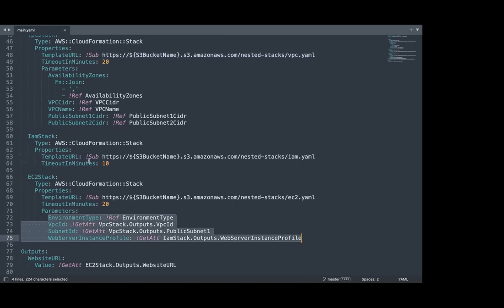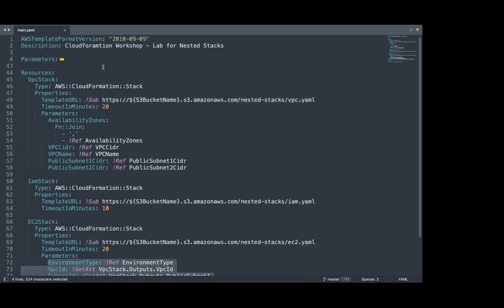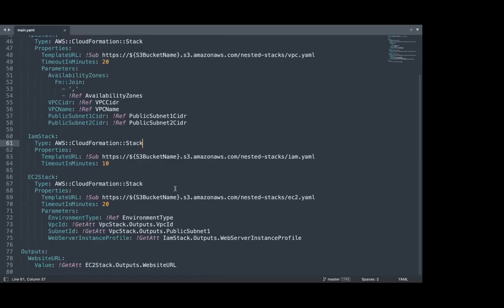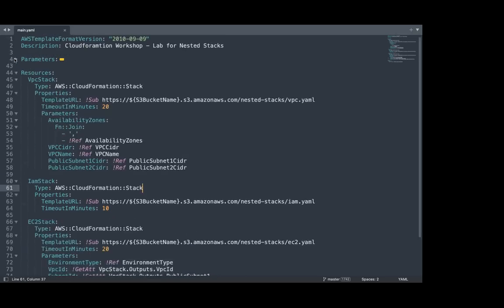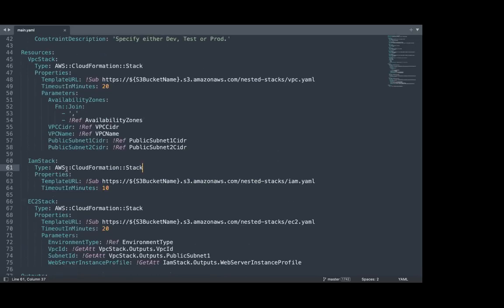These parameters are from the previous stack's output, right? So this way, it makes it very clean. Now, if I would have dumped all those things in one stack, this would be a bare minimum of 100 lines, right? But now this is very clean, very modularized. And the best part is, let's say in another project or in another task, if I just want to launch a VPC, I can easily do it without rewriting it, right? If I would have just sourced everything in one package, it would be very difficult for me to launch a VPC. But since I've broken it down and modularized it, it is very easy for me to do that.